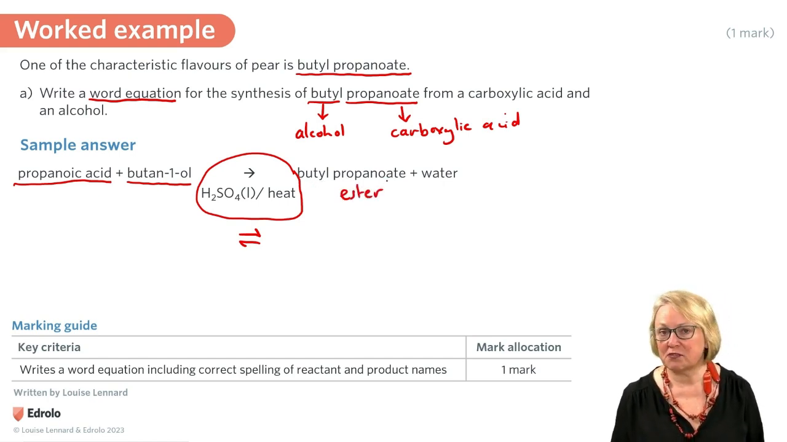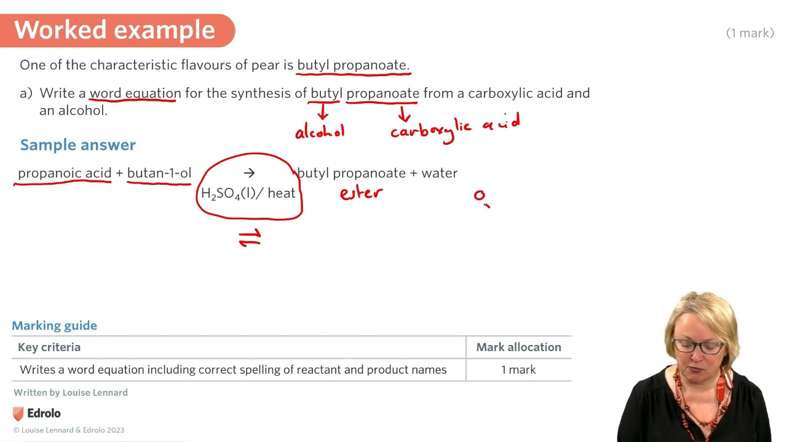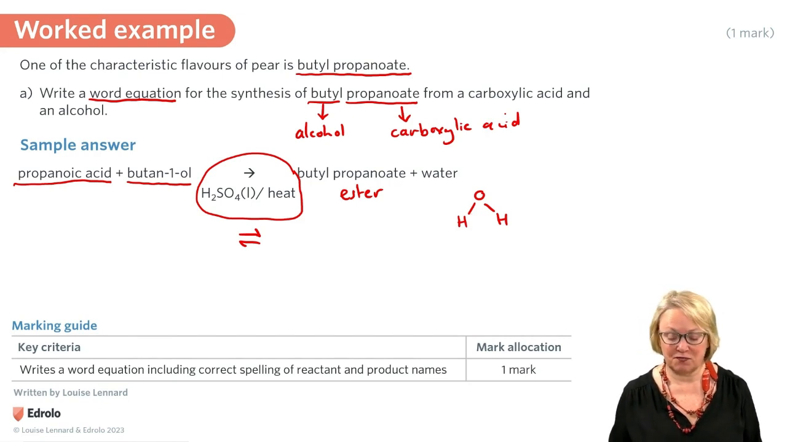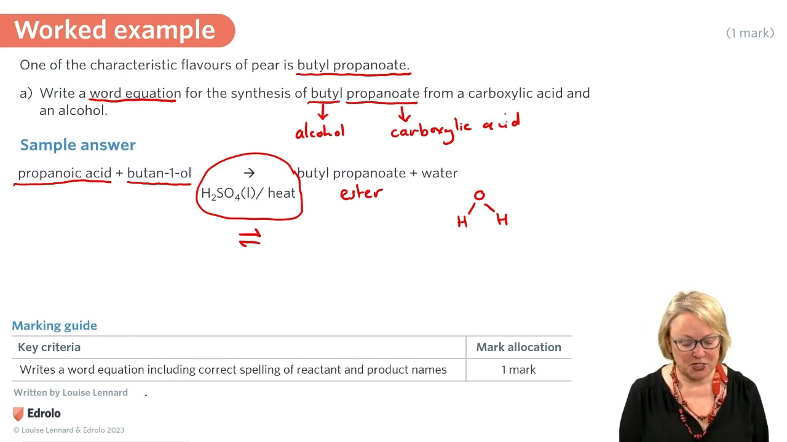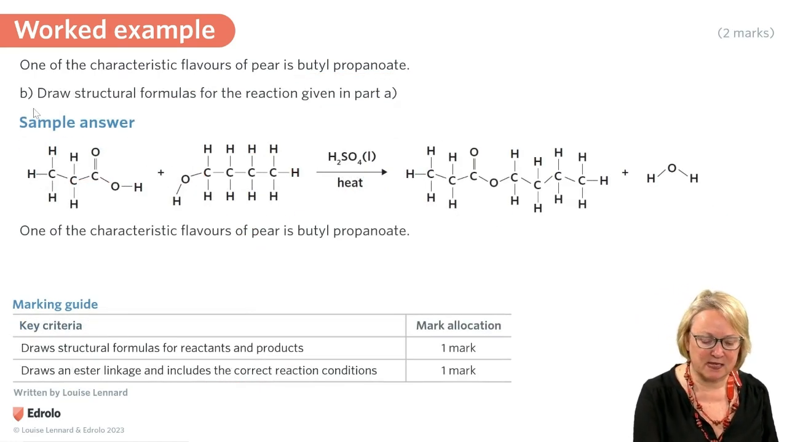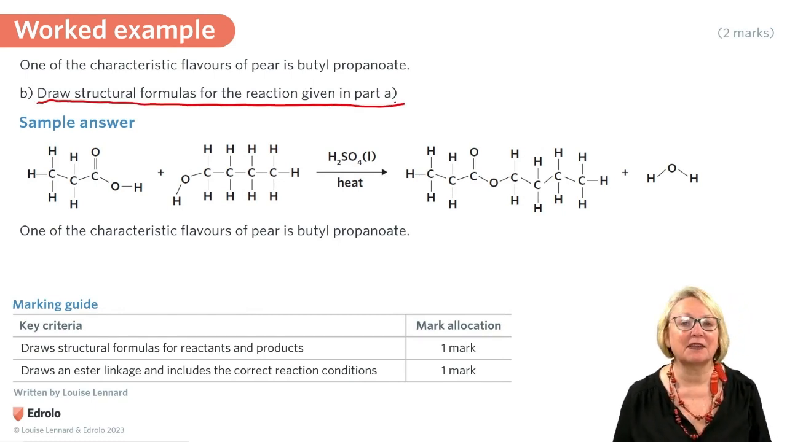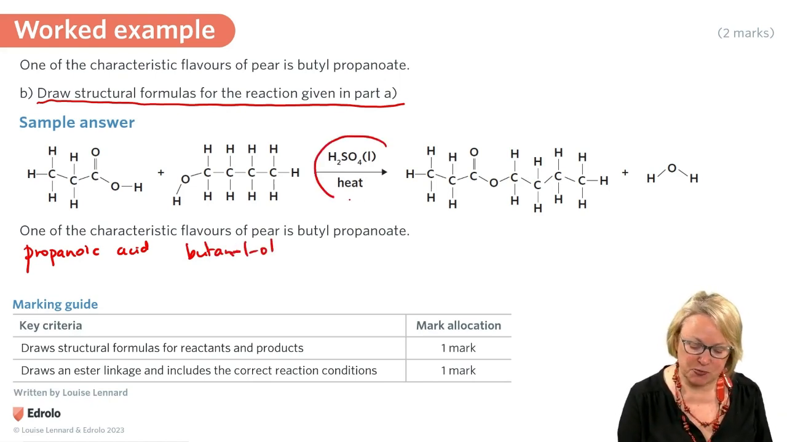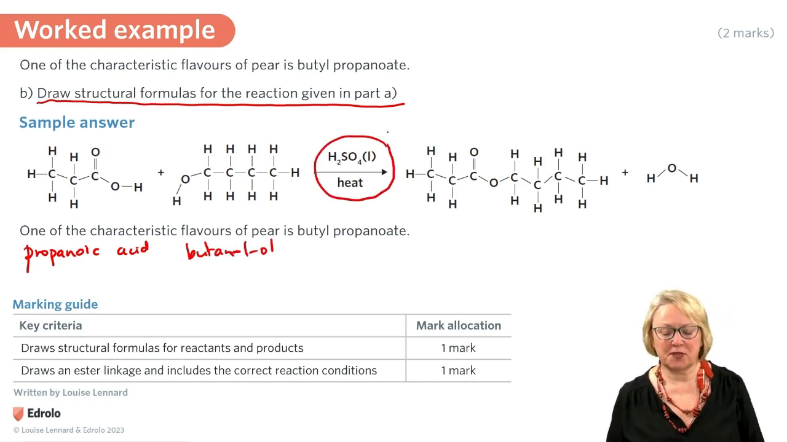And the other product, of course, is water, because we're also forming water in this condensation esterification reaction. So writing a word equation including correct spelling of the reactant and the product names is a mark. So part B says, draw structural formulas for the reactants given in part A. So we know that we had propanoic acid and butane-1-ol, and the reaction conditions we've got concentrated sulfuric acid and